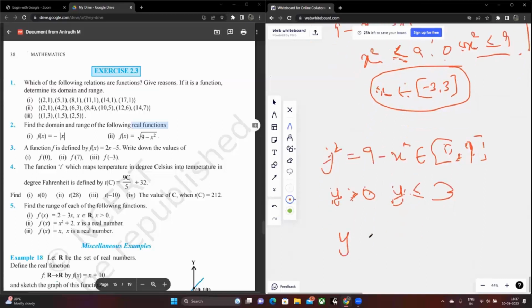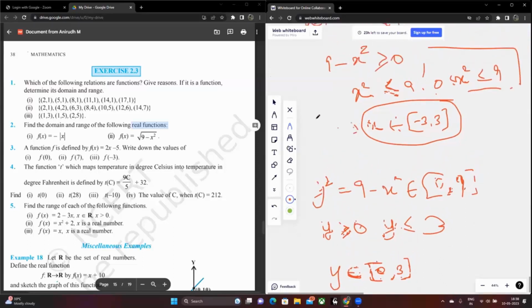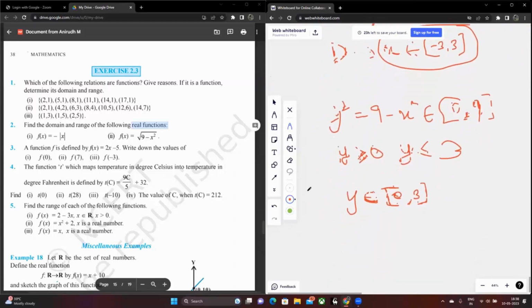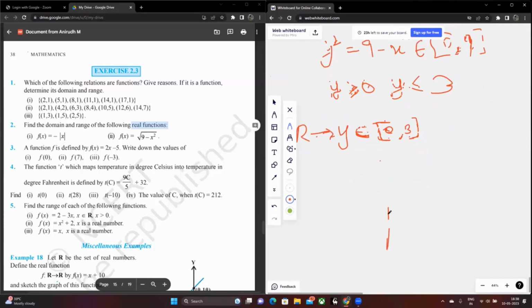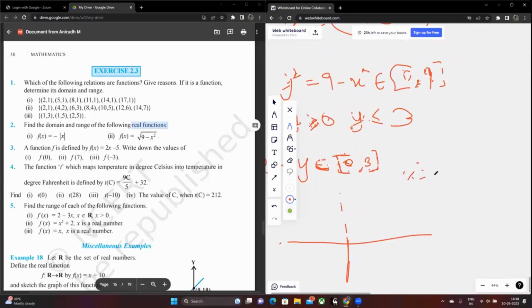So basically, you have the fact that y belongs to, again, closed 0, comma, closed 3. Y is greater than or equal to 0. Y belongs to closed 0, closed 3. This is your domain, and this is your range. That solves this question. To do it graphically, you need to know that, first of all, x squared plus